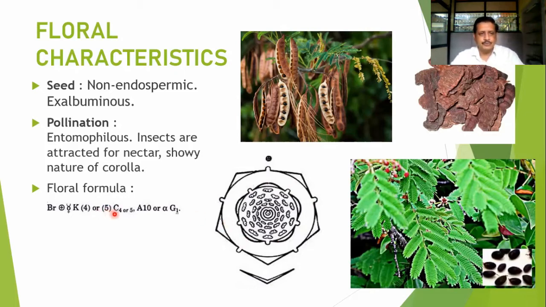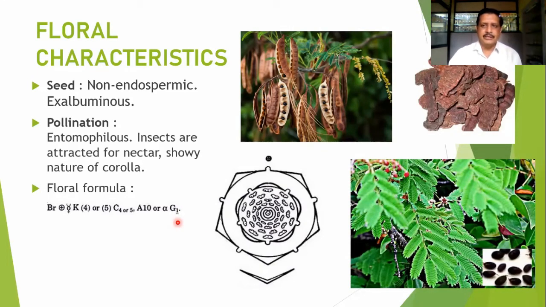So petals are 4 to 5, and most of the time they are connate at the base and free at the apex. So the polypetalous condition can be observed. The typical family character is that the stamen number is 10, but it may vary from 4 to an indefinite number of stamens. In the gynoecium, there is only one gynoecium, a single ovary with a unilocular ovary, but the seeds may be many in each fruit.